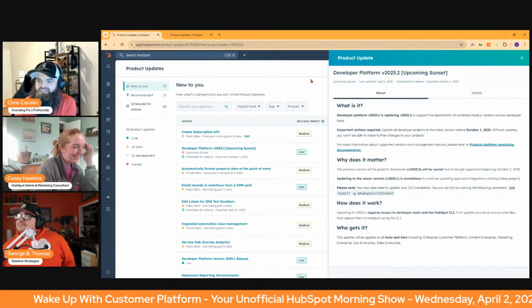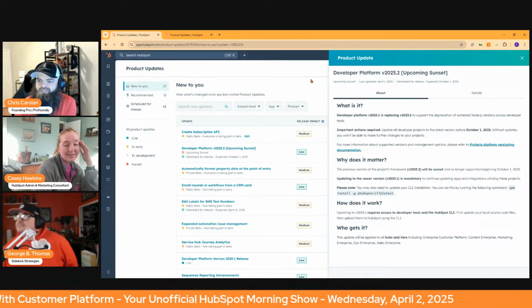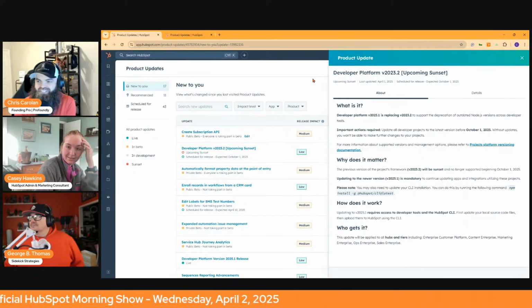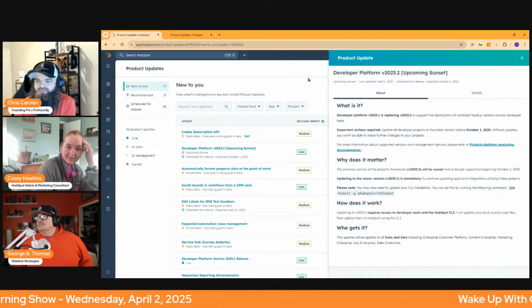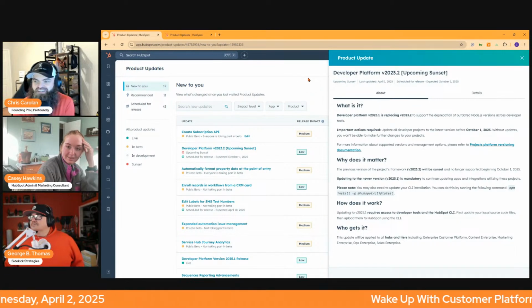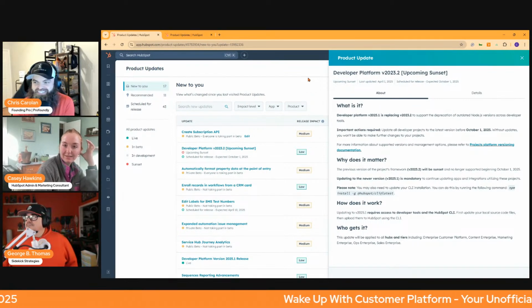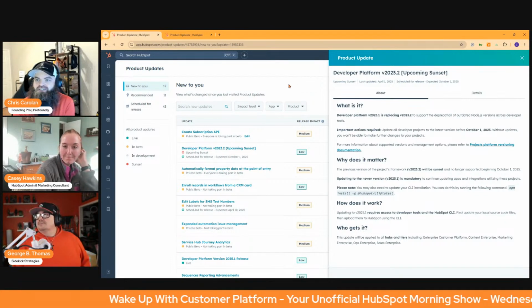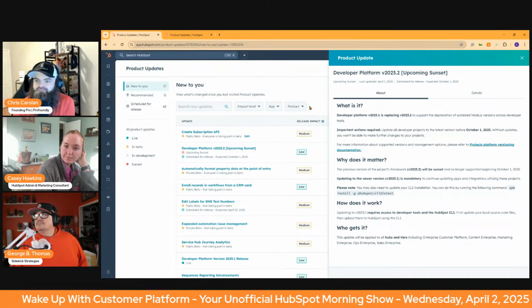Important actions required: update all developer projects, all of them, to the latest version before October 1st, 2025. Lots of runway here, folks. Without updates, you won't be able to make further changes to your projects.